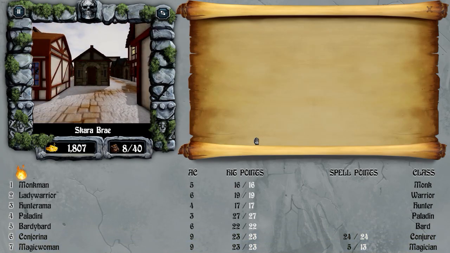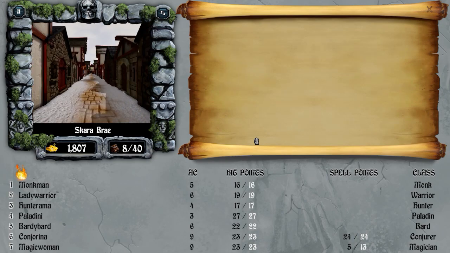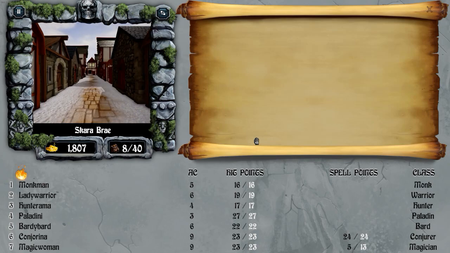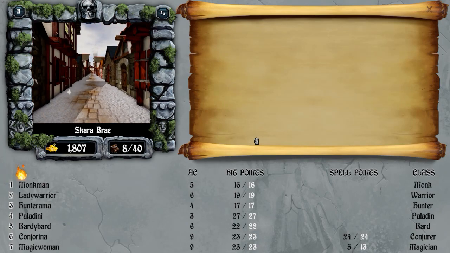I'm going to go back to the guild, I'm going to save, and I'm going to call this a day. Let's play. It hasn't been too long, but you kind of get the idea. The idea here is you want to level up, you get more hit points, you get more spell points, get more spells. All your spellcasters, as they get,